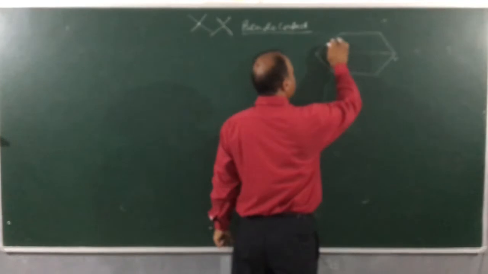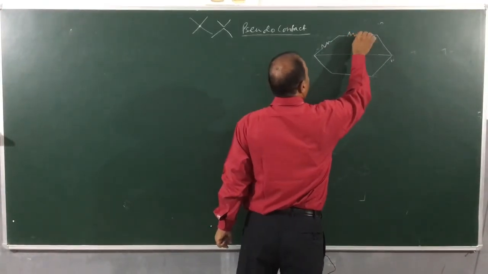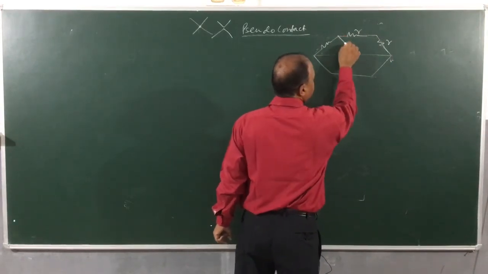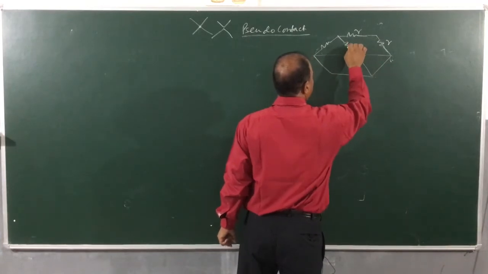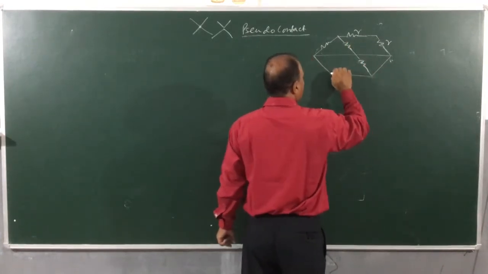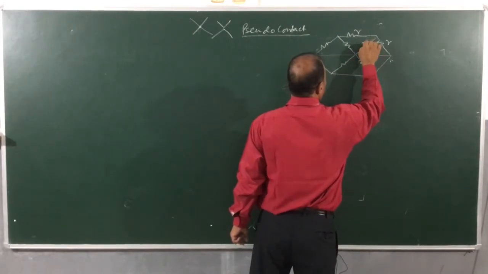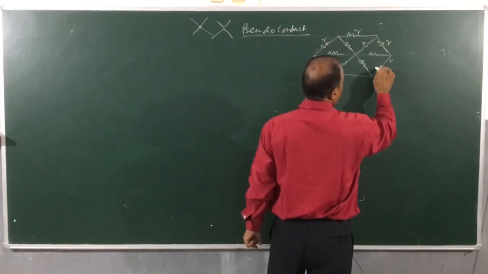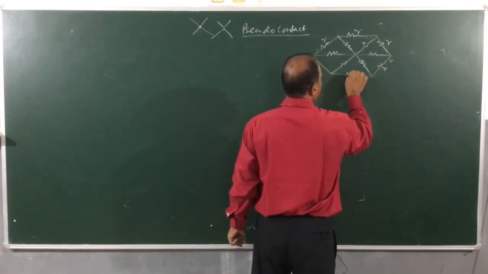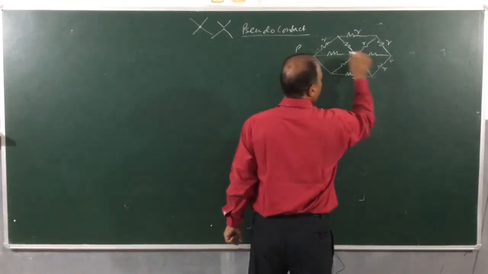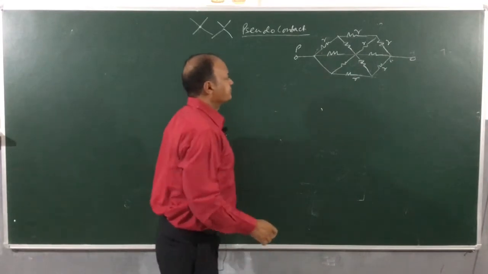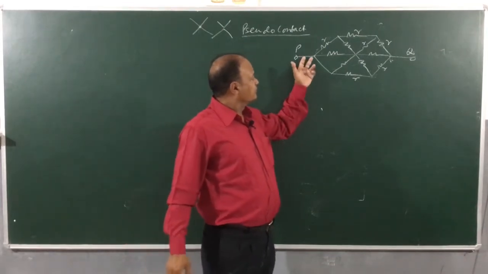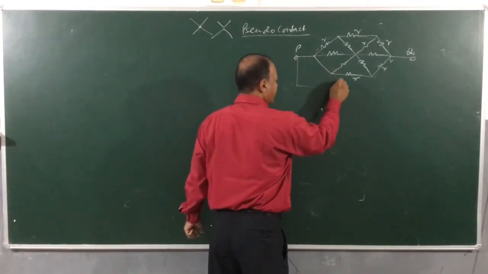We consider a hexagon in which each side is made up of a wire having resistance small r, and diagonally it is connected here R. You can draw the diagram along with me. R, this is also small r. Each wire is having a resistance what? R. This is point P and this is point Q. Okay. Let's answer this diagram. If to understand this, I connect a battery out here.